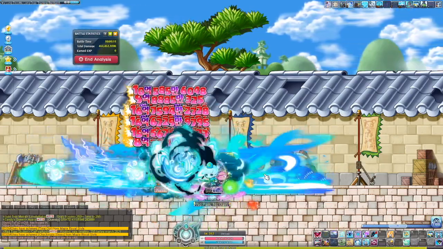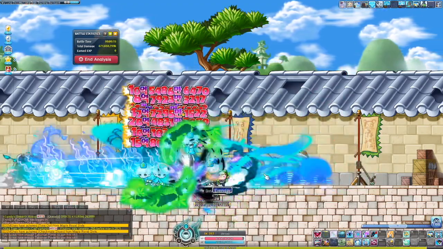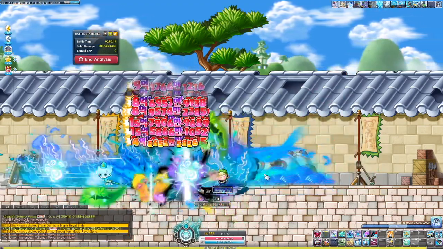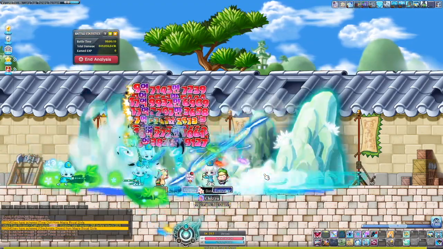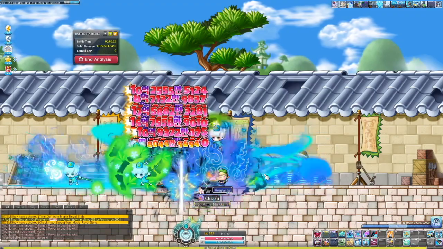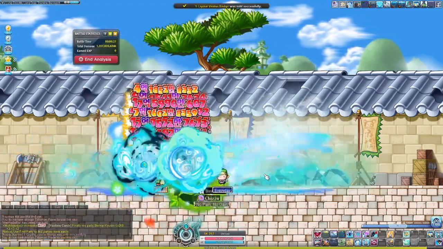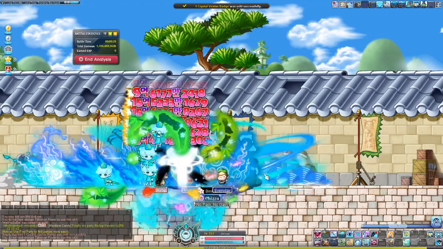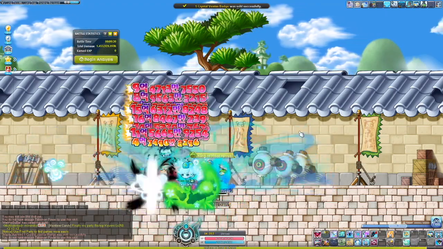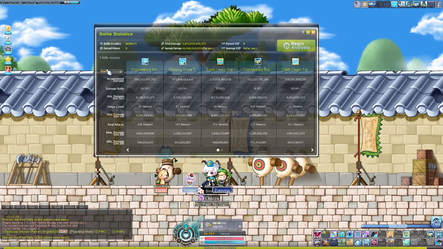Use Rock Chain and bottle together. And then use Rock Chain, bottle and swing together. There we go, that's 30 seconds. Let's take a look. Rank the damage by...